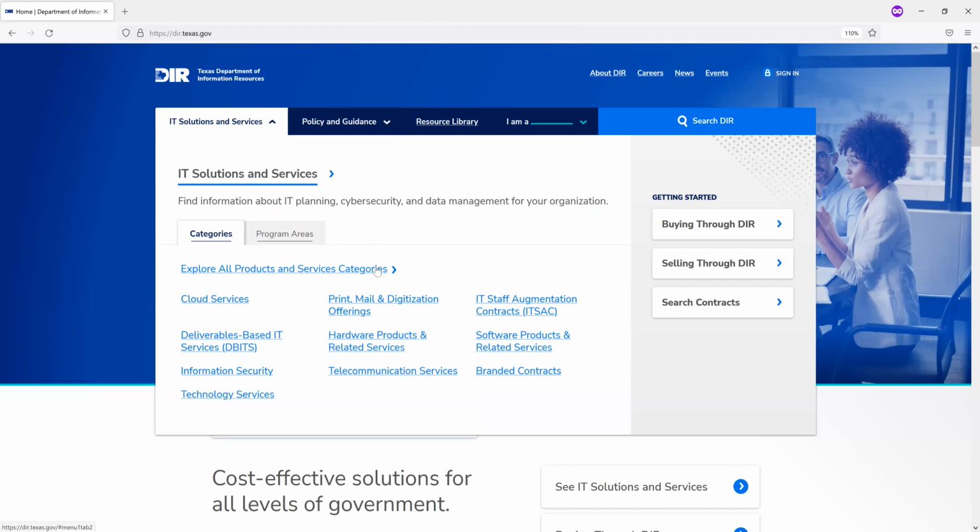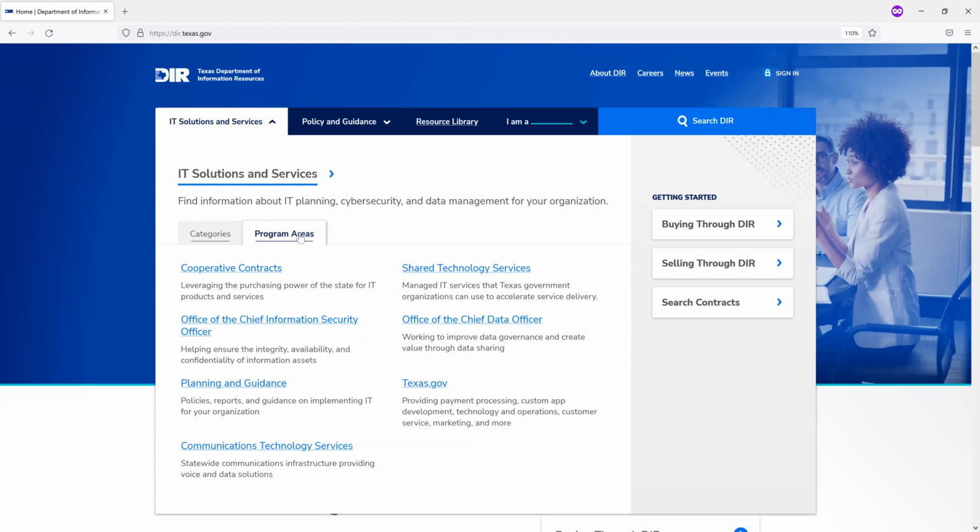Over here on the program areas tab, you'll see we have two tabs, one for category and one for program areas. These will be categorized more focused on the program areas that DIR has internally. Either, as you may be familiar with, our cooperative contracts program that has products and services for you to purchase.